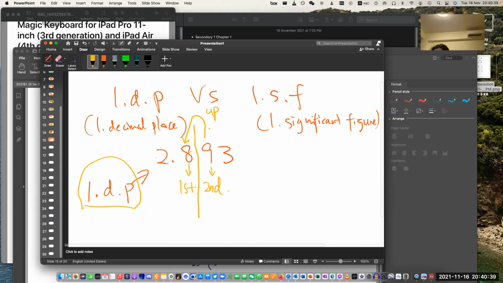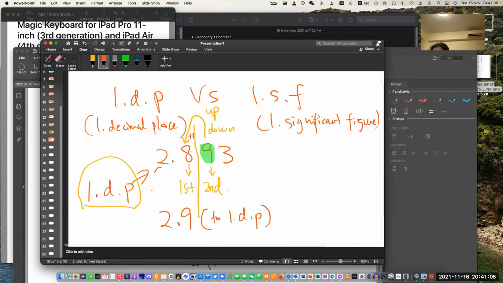In this case, the second decimal place is 9, so you round up. Rounding up means you add 1 to the 8, the first decimal place. So you end up with 2.9. The answer is 2.9 to 1 decimal place